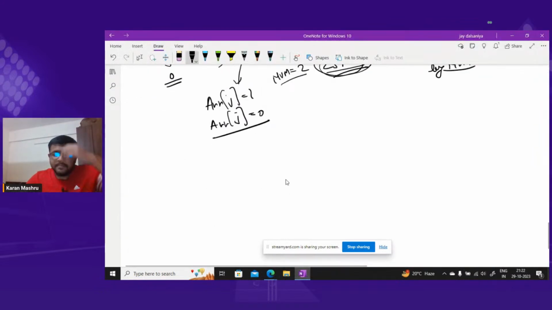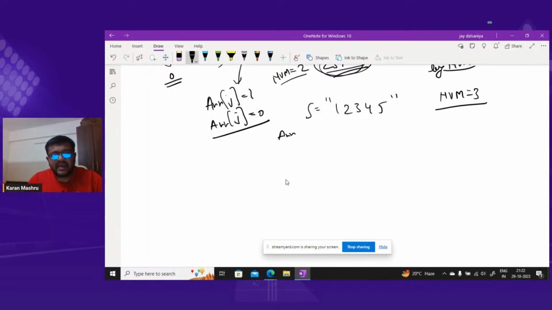So basically, let's say my string size is 5. Let's say my string is 1, 2, 3, 4 and 5. Let's say my num is 3. So first of all, I will take an array ARR which I want to form. Initially, all the elements will be 0. Now for all the indexes j,